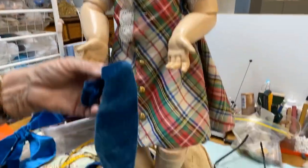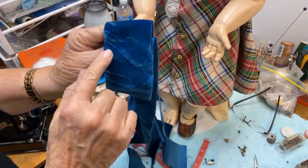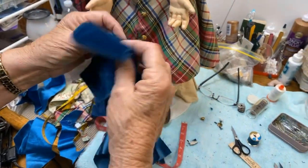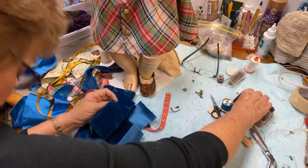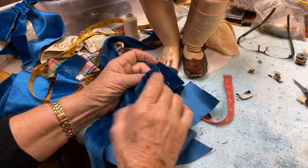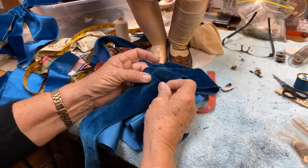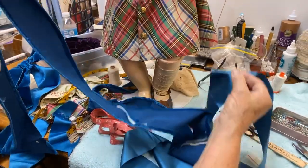Well, like I said, I'm going to mark where I'm going to see, there's where they spliced the ribbon or the velvet. So I had to make sure that that wouldn't show on my bow. So I'm going to mark. I want to make sure I have enough in this area because I can improvise everywhere else. Then we're going to stitch